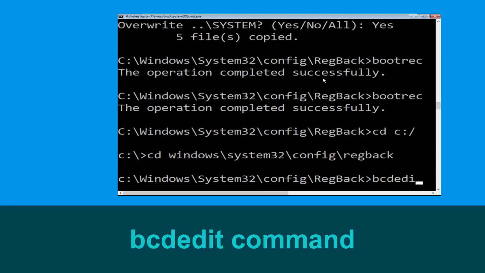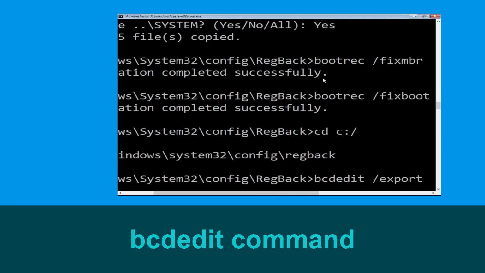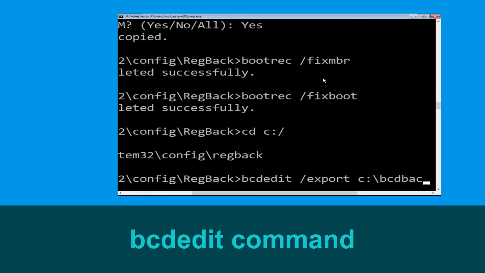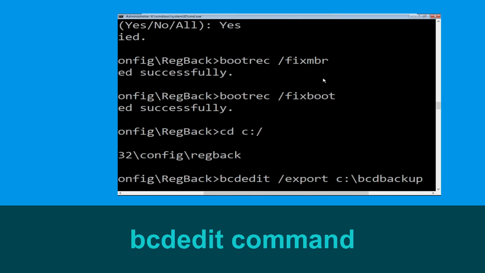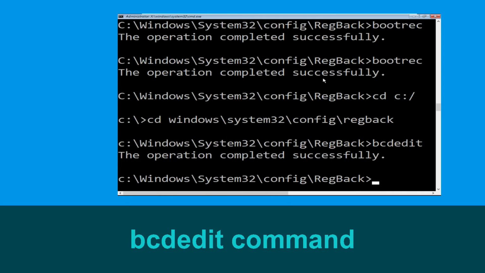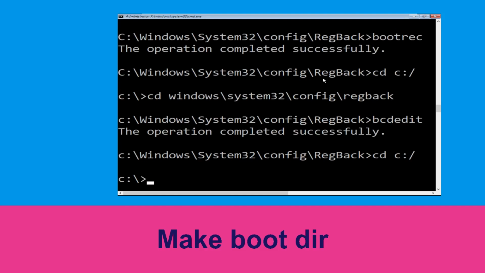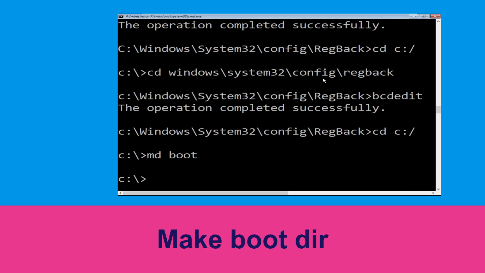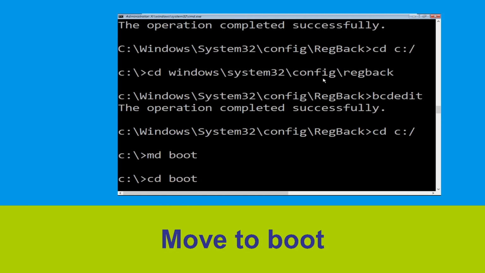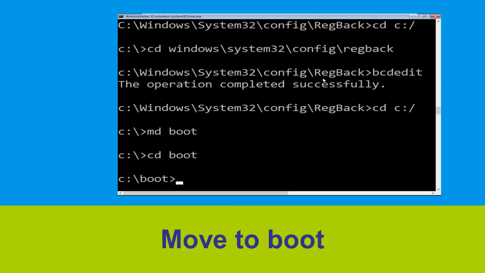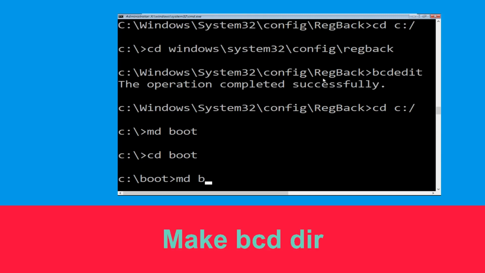Now type this command bcdedit /export c:\bcdbackup, then hit enter. Type cd c:\ and hit enter. Now type this md boot and hit enter. Now type cd boot and simply hit enter. Now execute this command. Type md bcd,